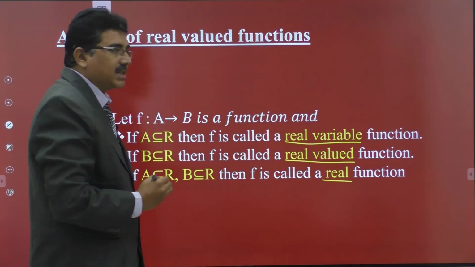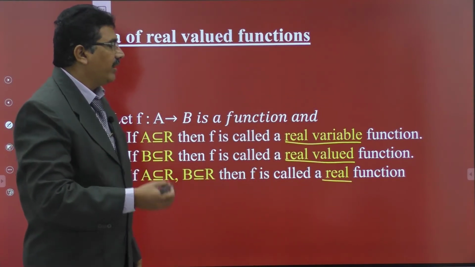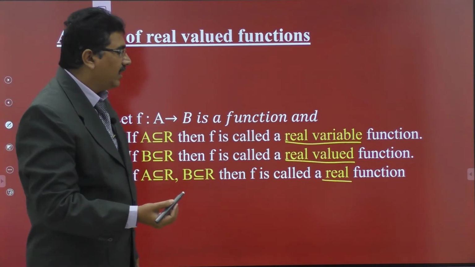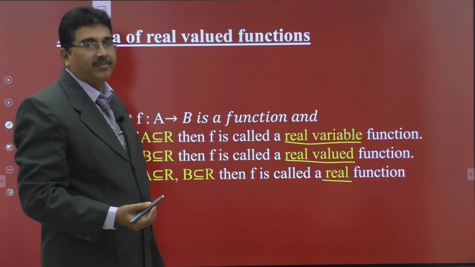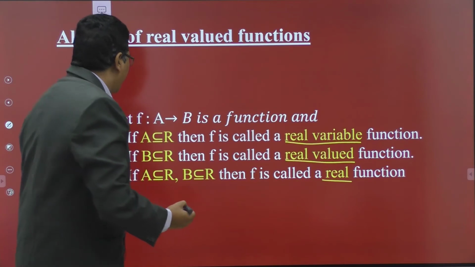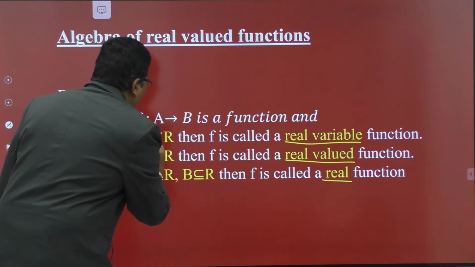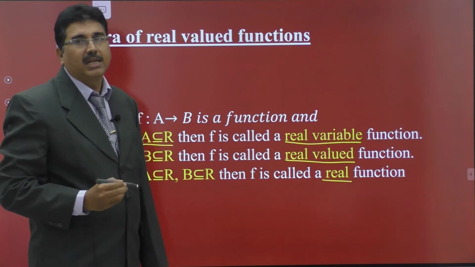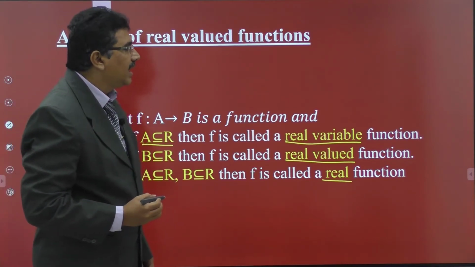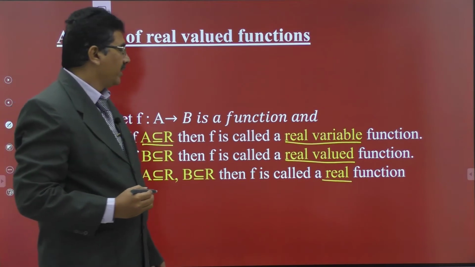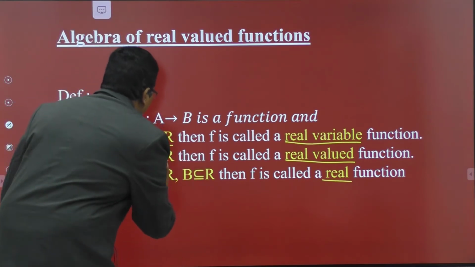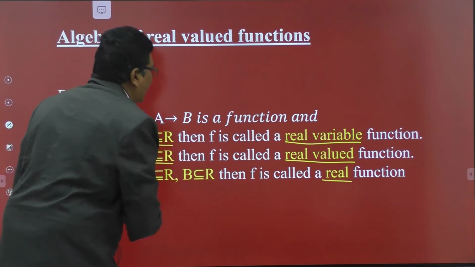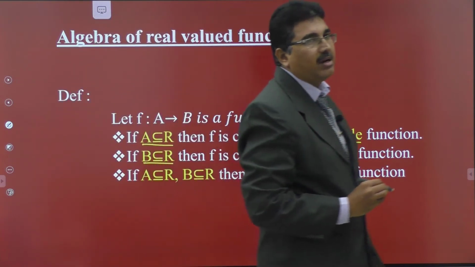When do we say that a function is real variable, real valued, or real function? If A is a subset of R, that is, the domain is a subset of R, in this case f is called a real variable function. Now, if B is a subset of R, that is, the codomain is a subset of R,